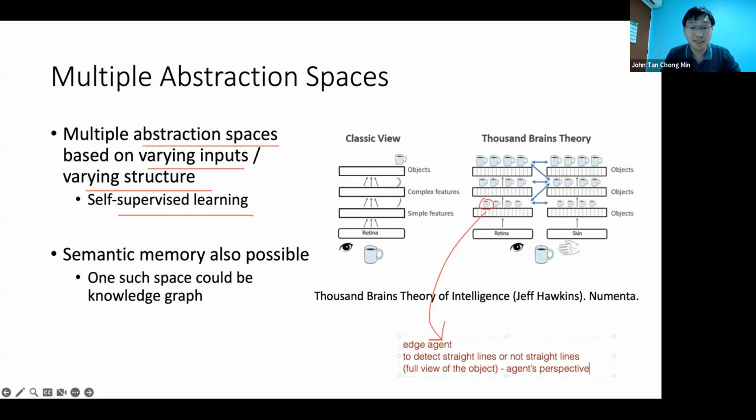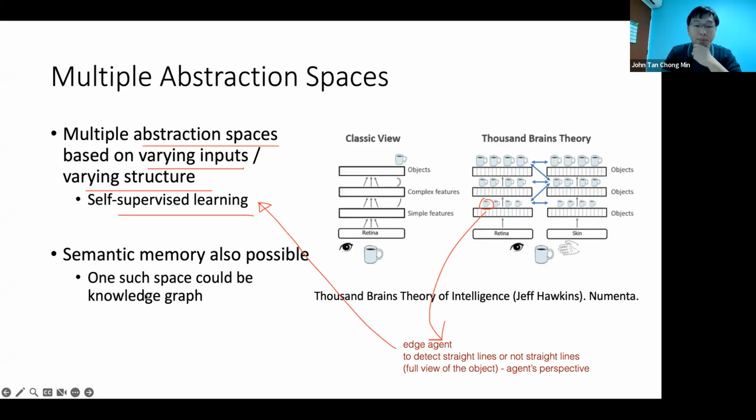Based on this, you will store information about whether the thing is straight or not straight based on the input stimuli. And you can learn with self-supervised learning: after you've seen the image, you say, hey, actually yes, it's a straight line, or hey, it's not a straight line. And